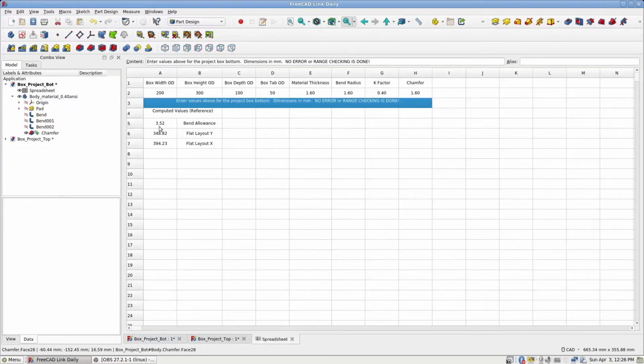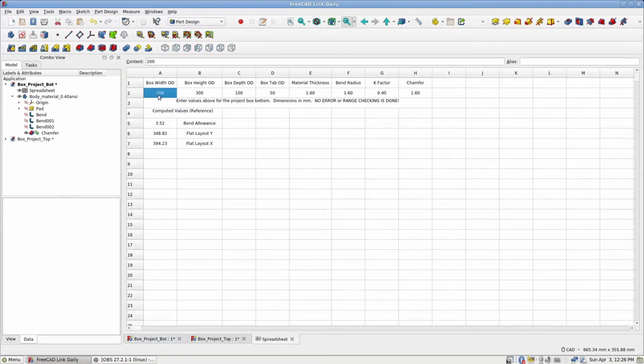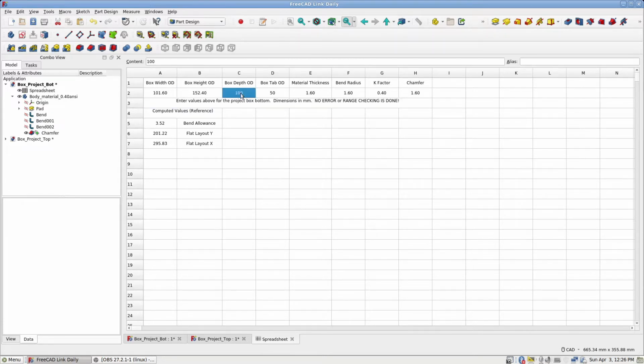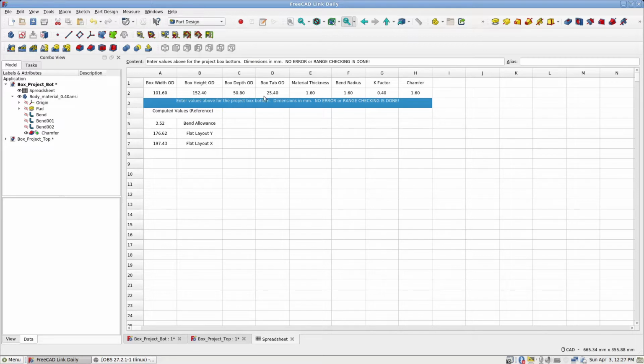I'm going to go back and put these dimensions back. 101.6. That is 4 inches. 152.4. That's 6 inches. Box depth 50.8. That's 2 inches. Tab height 25.4. That's 1 inch. So these dimensions here are in millimeters,